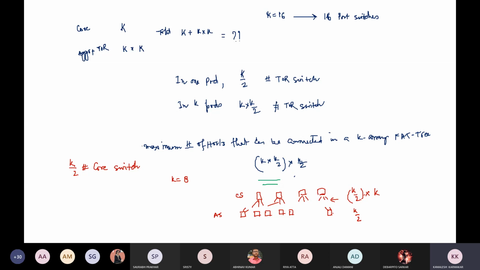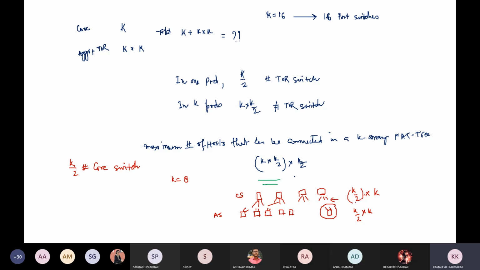If for one aggregation switch the upward link is k by 2, what will be the number of upward links? The number of upward links in the aggregation switch layer and the number of downward links in the core switch layer should be exactly the same. So if we have k by 2 links for one aggregation switch, the number of aggregation switches in this layer should be k.